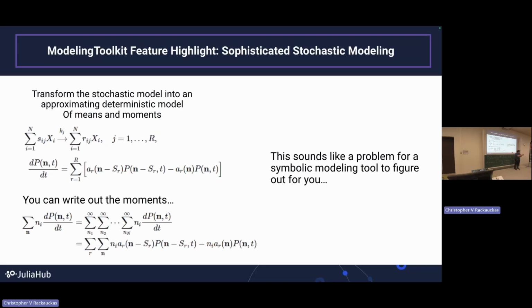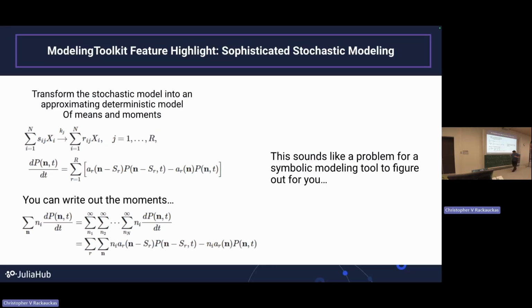Anytime that anyone says you can do a lot of math to get a different kind of system, you can think about it as there's a symbolic transformation from system type 1 to system type 2, and I can automate that and then solve system type 2 and then give you what it looks like for system type 1 as an approximation, right? And this process of changing systems around, of transforming systems, that is the core of what ModelingToolkit